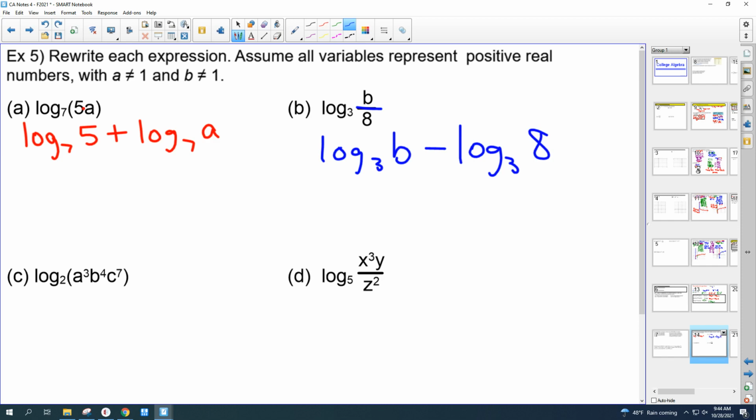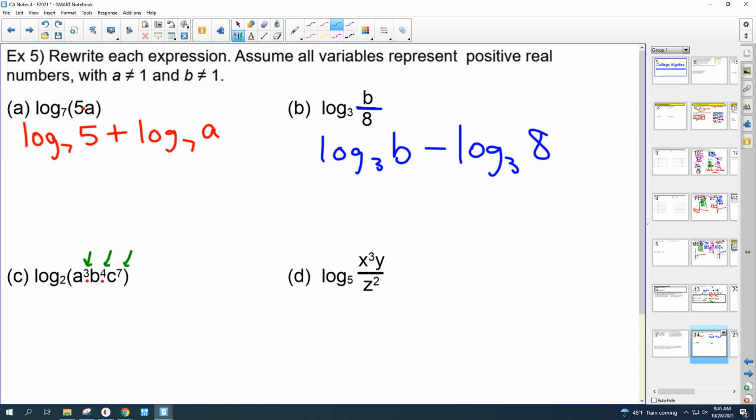You'll like these problems because they go pretty quickly. You know these properties, it's pretty quick. All right. Part C is a little bit more complicated because we've got a couple of things going on. Notice we have the product property because you've got something times something, but we've also got these powers. And so you can do it in 2 steps if you want, but I think you're going to be able to handle doing it all in 1 step, all right, because those powers are going to come around to the